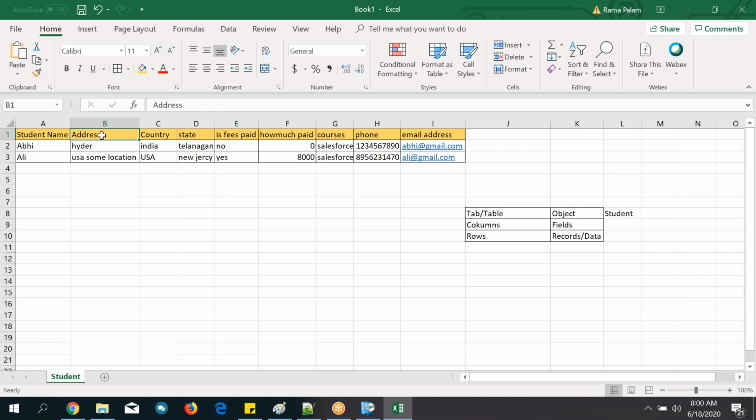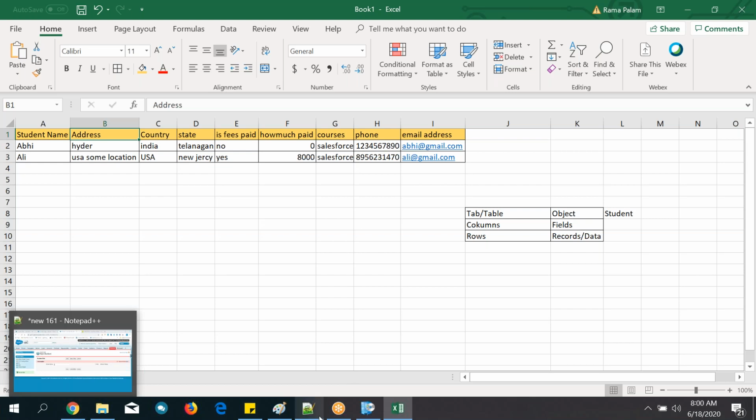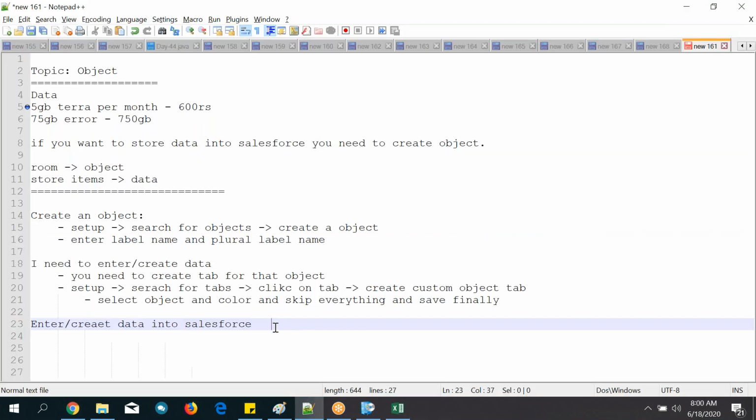You need to create these columns as fields in Salesforce. You need to create this field in Salesforce, and this field also. These are all fields, right, in Salesforce. Now create it. So let's go to Salesforce. So what is the next requirement?